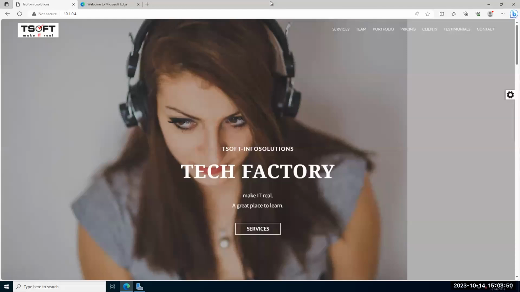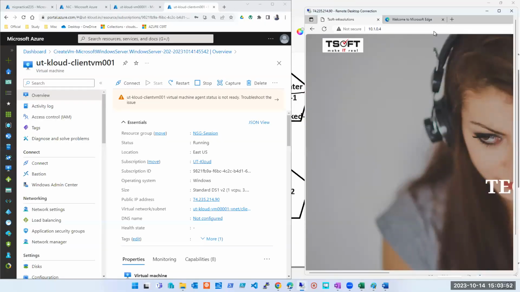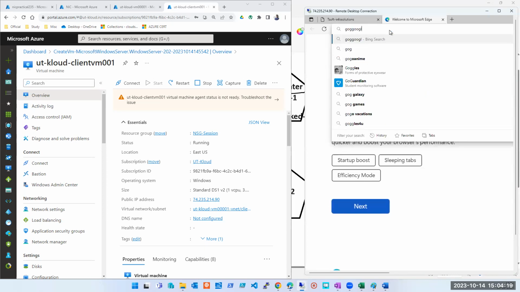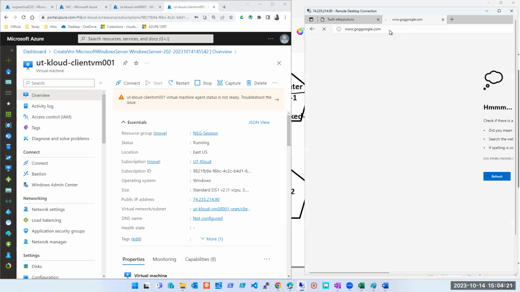Yes, guys. Why is it working? Who can tell me? On the NIC, the HTTP port is open. Sorry, one at a time, I could not hear you. Yes, because I allowed the HTTP port, and whenever we are using a browser, it uses HTTP. Now let's go ahead and check. This is the client machine I'm logged into, guys, where I can use Google and the other machine's website also. Now let's start fiddling with rules.